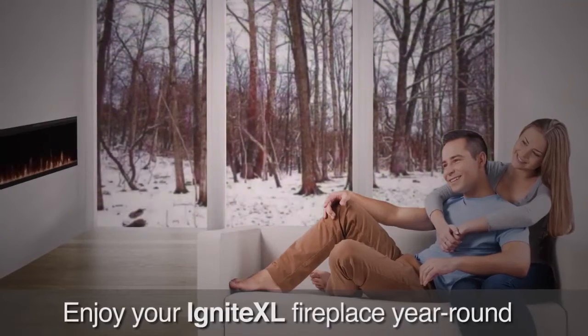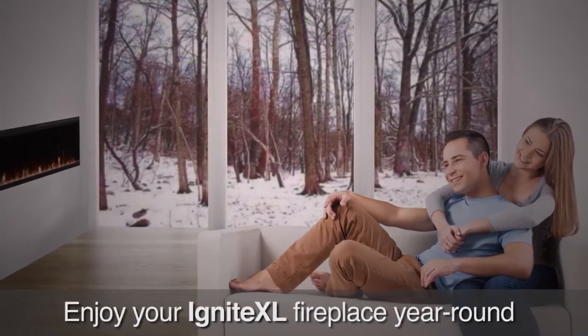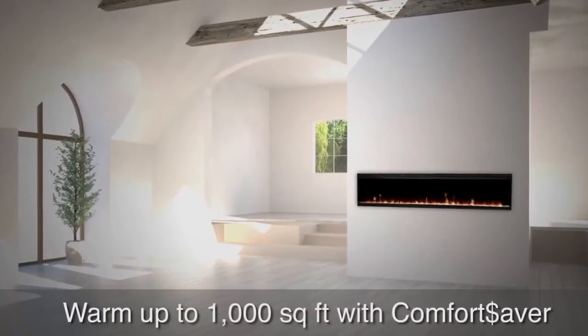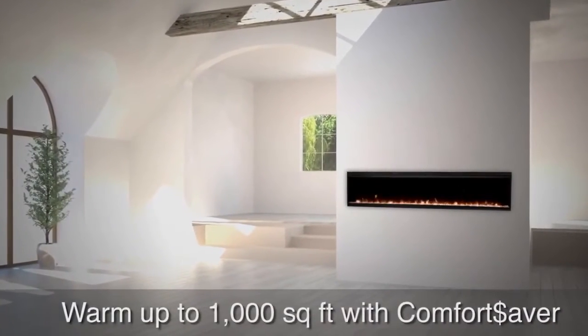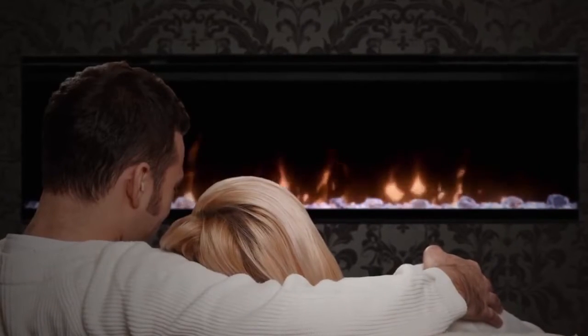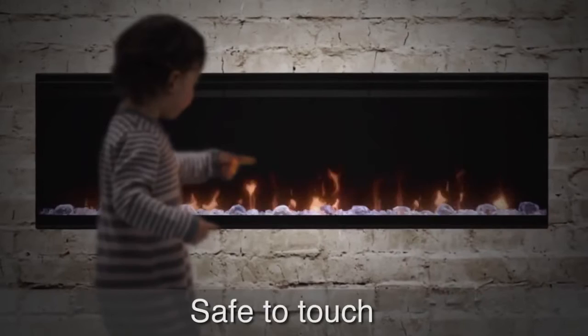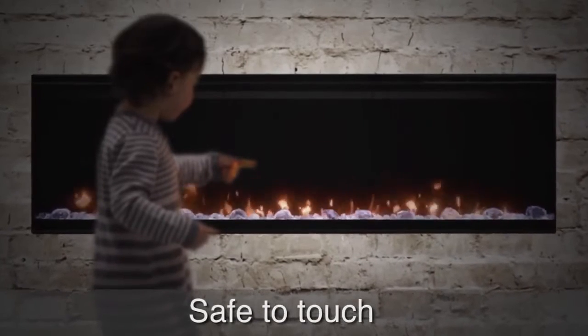And when the weather turns cold, the Comfort Saver heating system makes sure everything is warm and cozy. Comfort Saver quietly and efficiently warms up to 1,000 square feet, making it ideal for zone heating in your main living spaces. And since the front glass stays cool to the touch, you never need to worry about the safety